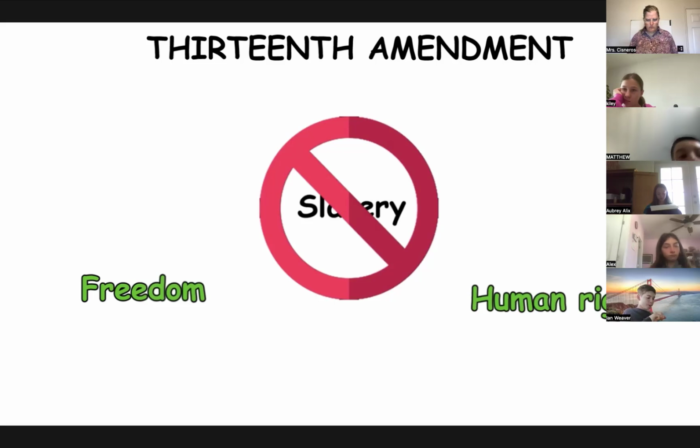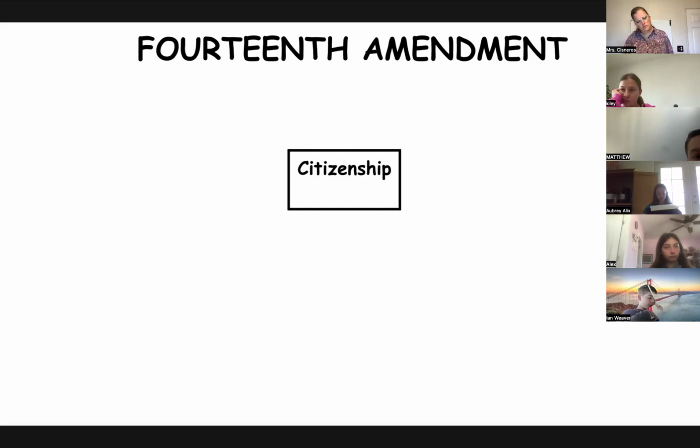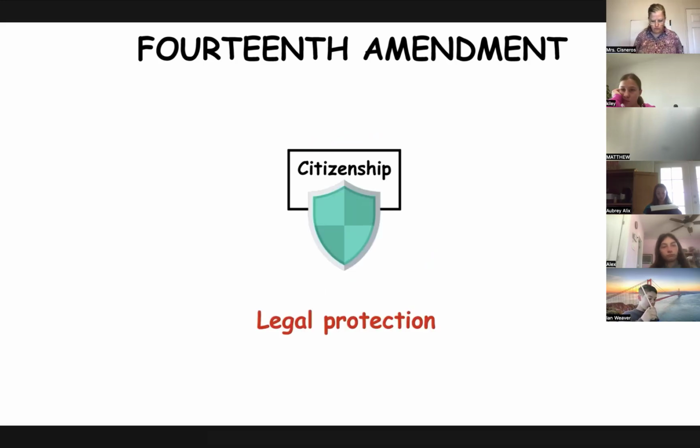14th Amendment grants citizenship to all persons born or naturalized in the U.S., guarantees equal protection under the law, and extends civil liberties. It played a crucial role in civil rights by defining citizenship and ensuring legal protections for all individuals, including former slaves. 15th Amendment prohibits denying the right to vote based on race, color, or previous condition of